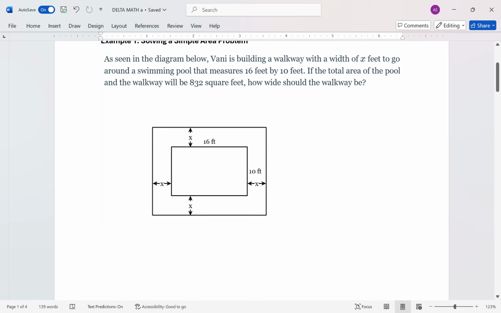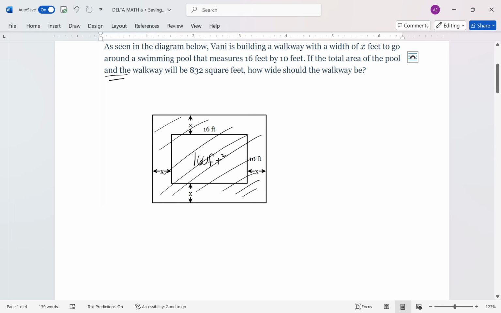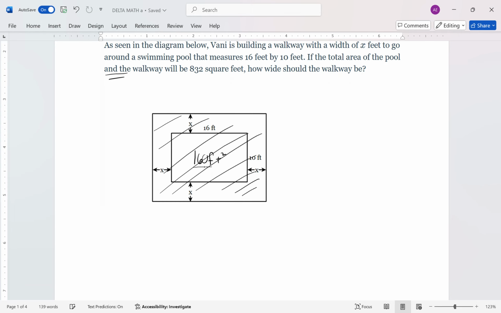As seen in the diagram, Vanny is building a walkway with a width of x feet around a swimming pool. So 16 times 10, we know this inner rectangle, the area of the pool, is 160 square feet. But we're talking about the total area of the pool and the walkway, that's important. So this entire area, the pool and the walkway, is equal to 832 square feet. We don't need to know this 160 square feet. It's really not relevant because what we're talking about here is just the outer rectangle, which has its own base